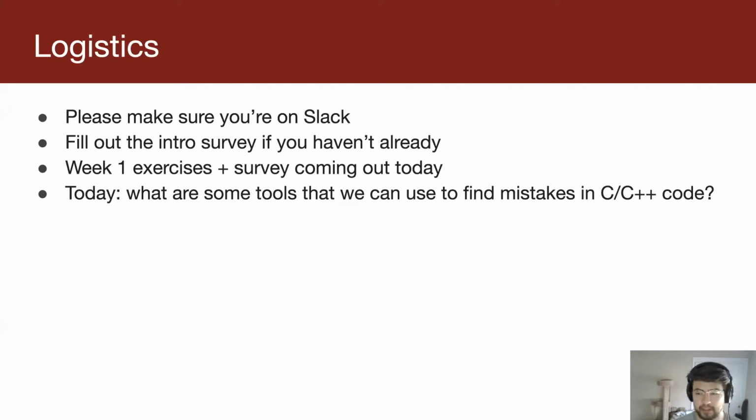So this is not a new problem. C has been around since the 60s, and it's not a new language. It's had these challenges for a long time, and so over time people have been developing tools that help us find these kinds of mistakes and make fewer of them. So we'll talk about C and C++ land today, like what can we do to improve the situation, but as we'll find, it's not perfect, and the best that we can do is not quite good enough. So this will help motivate why we care about Rust.